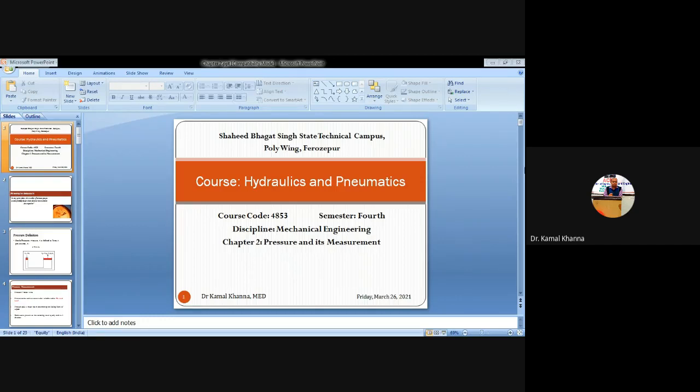the total force exerted by a liquid on any surface in contact with it is basically called thrust of liquid, or you can say force of the liquid. The thrust exerted by a liquid per unit area of the surface in contact with the liquid is called the pressure. So the amount of force or the thrust which is acting on the fluid per unit area is